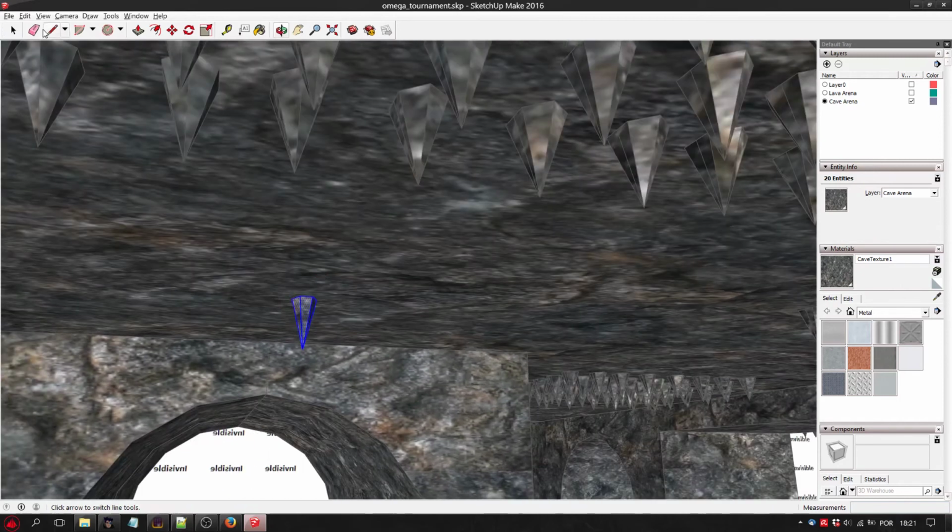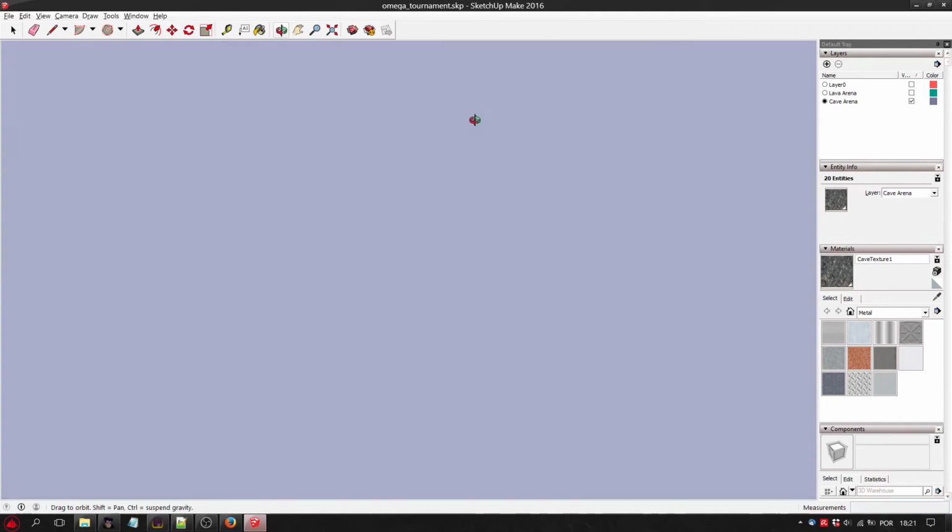Also, you can duplicate it by clicking the Move button and then selecting a point of the polygon, pressing Ctrl, and you can create this way multiple copies of the spikes like you are seeing here.